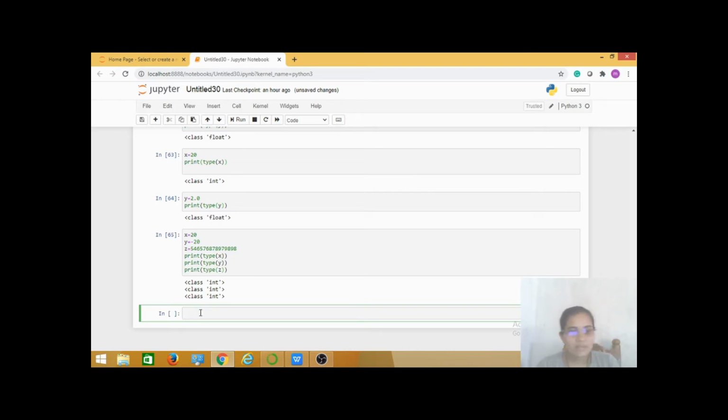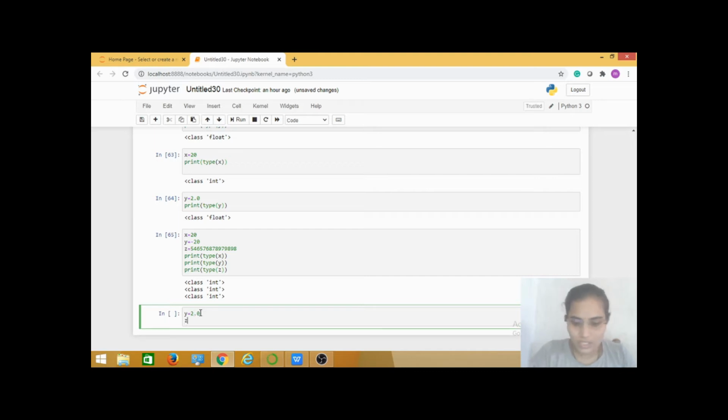Now what is meant by a float number? The float data type may also be positive or negative, but it has one or more decimal points. Suppose here I have y equal to 22.0 and z equal to minus 2.03, and let's see what type of data these y and z variables contain.